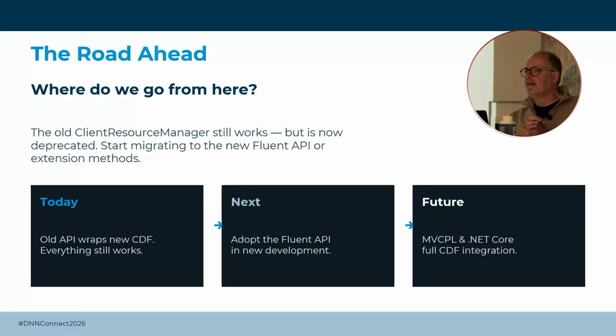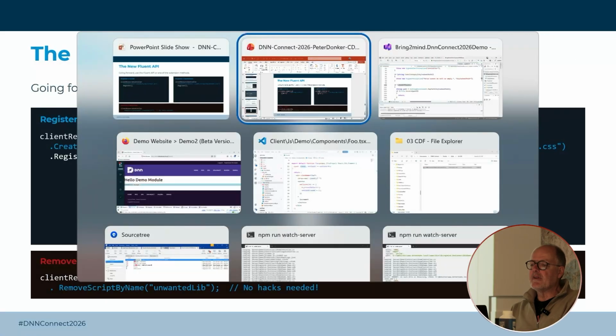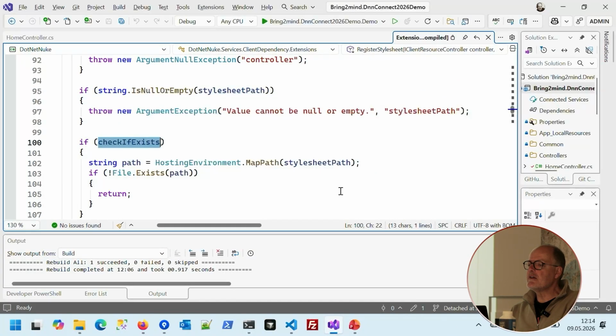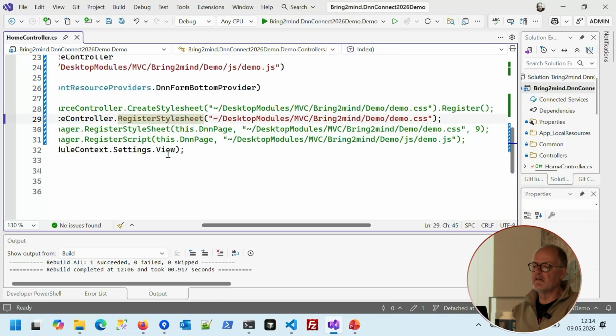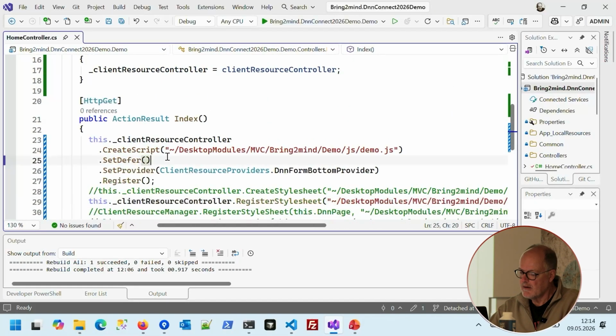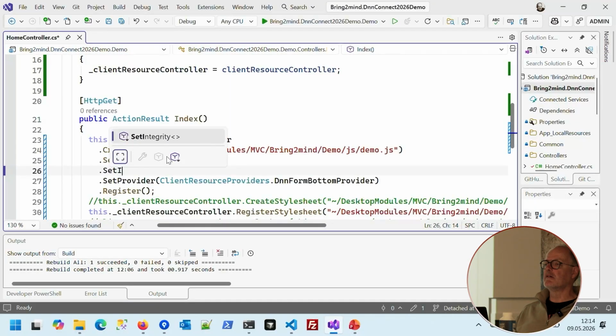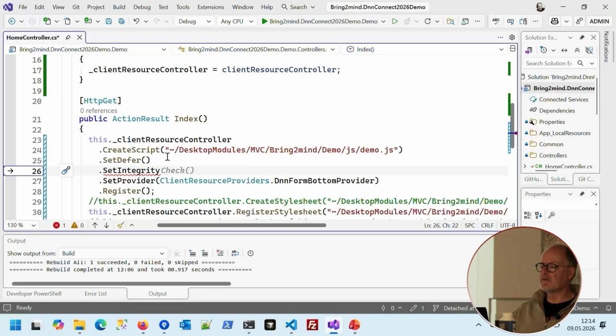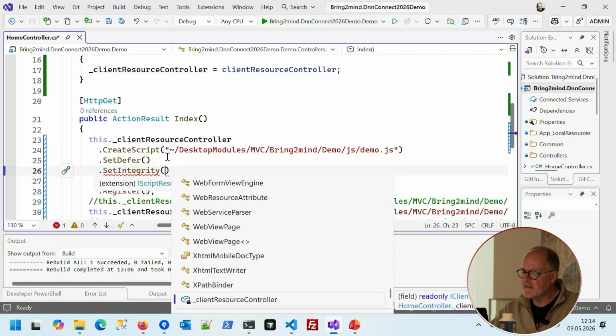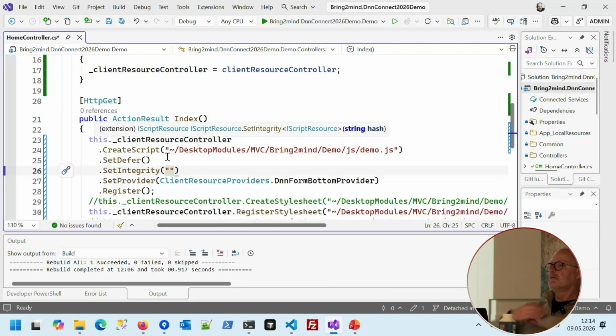I was thinking we use JavaScript integrity check. Integrity check. Right. You can use that. It does have an extension method there, right? Let me see. You can set integrity. Okay. Right. And there you add your hash. Yes. Right. It's string, hash, and